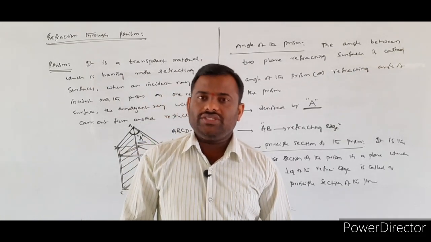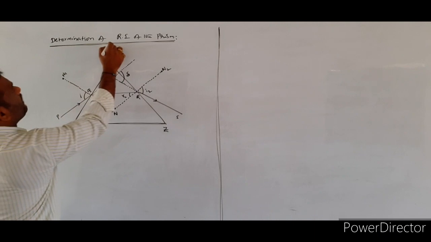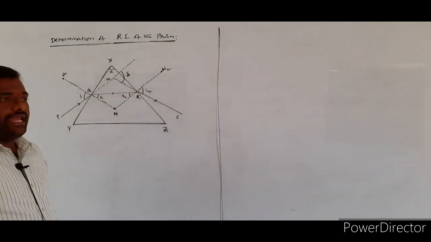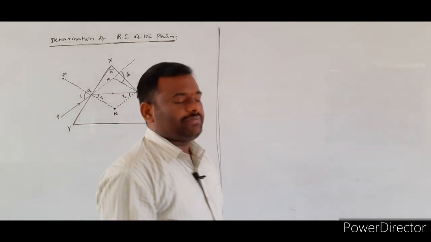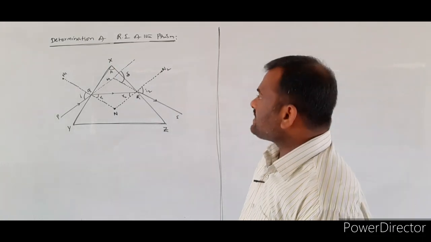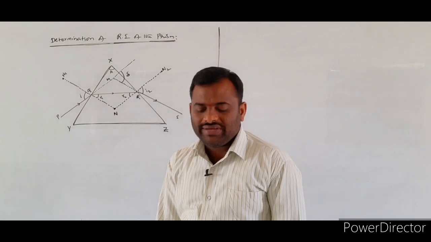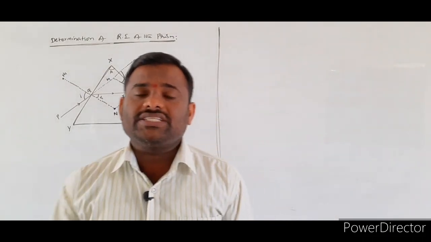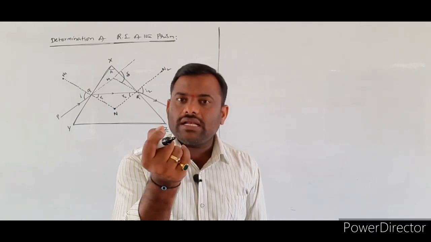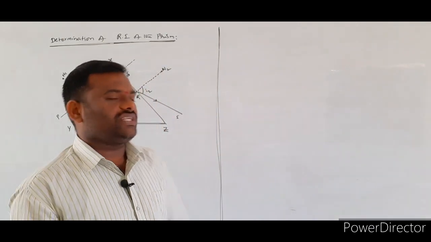It's a very important derivation. We are going to determine the refractive index of the given prism. So what's our aim is? We are going to derive the expression for the refractive index of the given prism. For that purpose, I consider a principal section of the prism. Already just now only we defined. How can we get the principal section of the prism? If we cut the prism in its plane, a small slice, small piece will be calling as a what? Principal section of the prism.